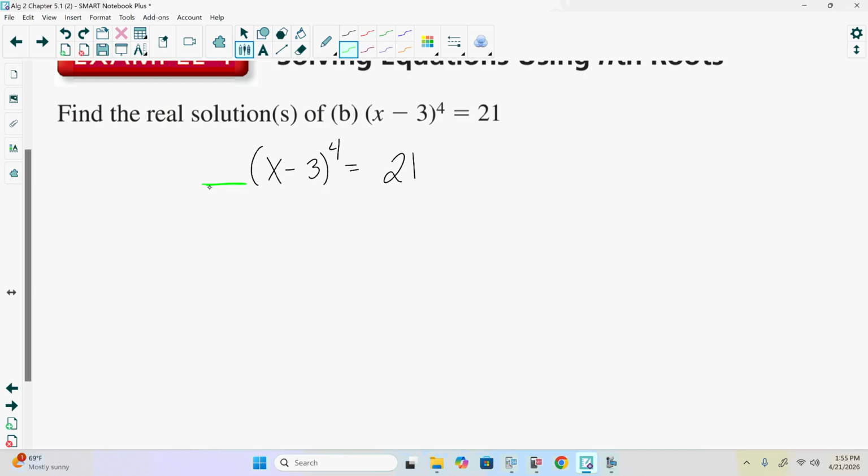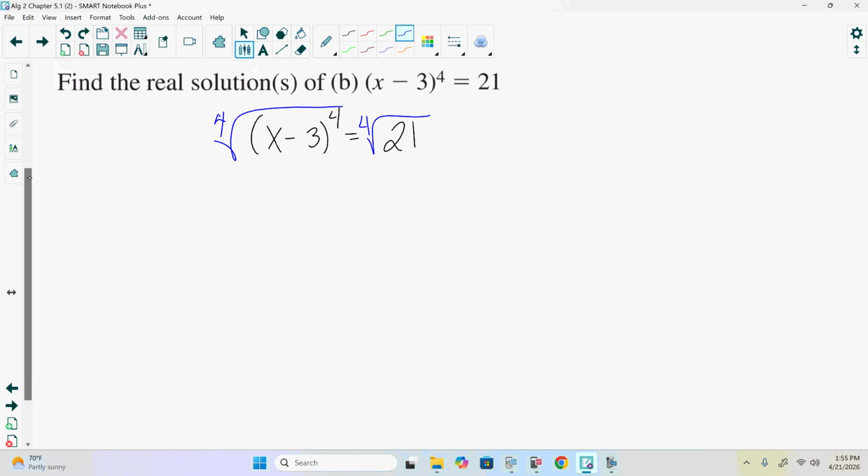Inside, so that doesn't matter, because we want to get that term to the fourth by itself. It is by itself, yes? So there's nothing we have to do for step 1. It is already by itself,